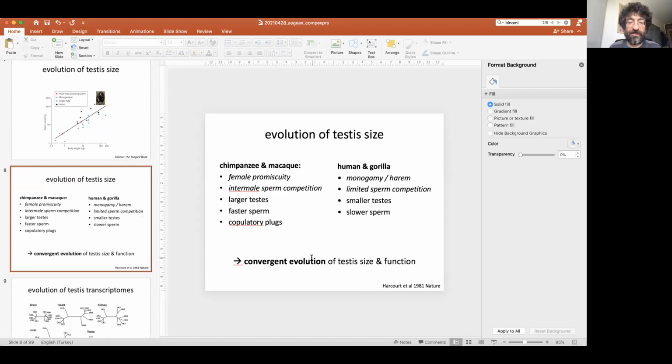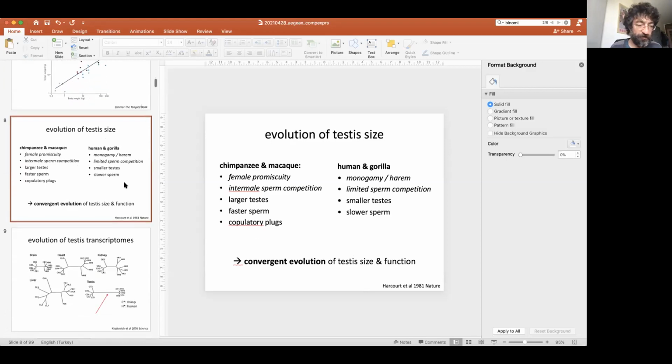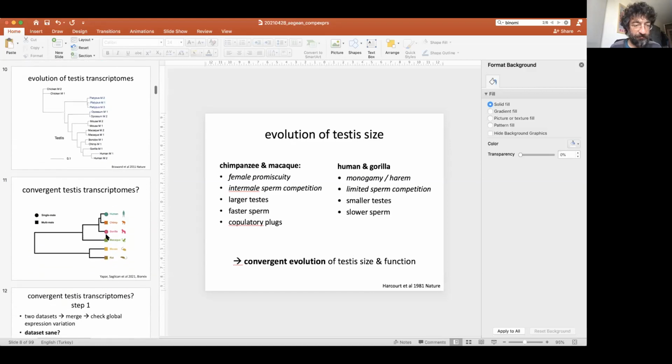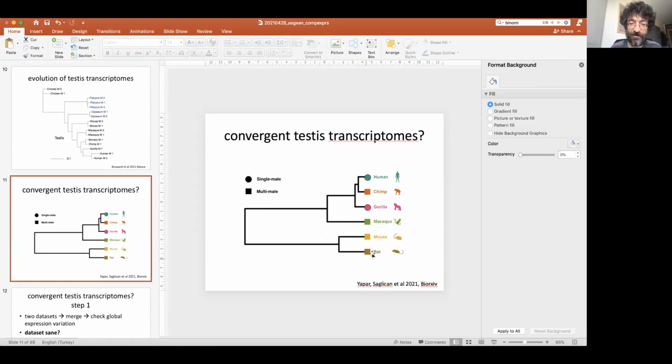The main observation is that there seems to be some kind of convergent evolution. I mean, we say convergent evolution because I guess all of you here know well that, perhaps I can refer to the slide again. So the phylogeny of our species goes like this. Human and chimp are closest relatives, and gorilla is an outgroup, and macaque is an outgroup to all apes. And given that human and gorilla have very similar attributes, and chimp and macaque also have similar attributes, this seems to be a case of convergent evolution, or of course reversal.